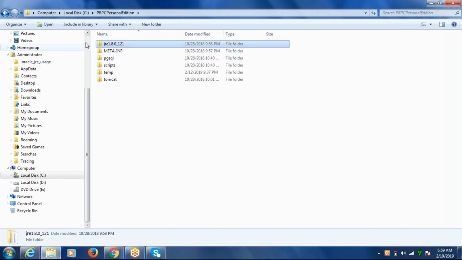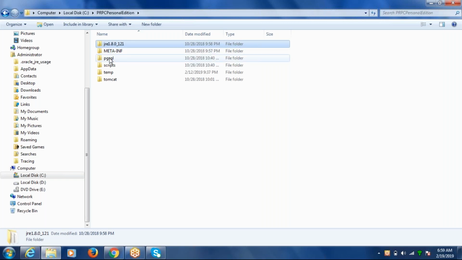This is a prerequisite to run the Pega application. So any Java is mandatory. Based on the version that we are using, the Java version also has compatibility. It doesn't matter for you, but the underlying Java technology is required to run this software. So it is coming with the Java runtime environment 1.8 version.